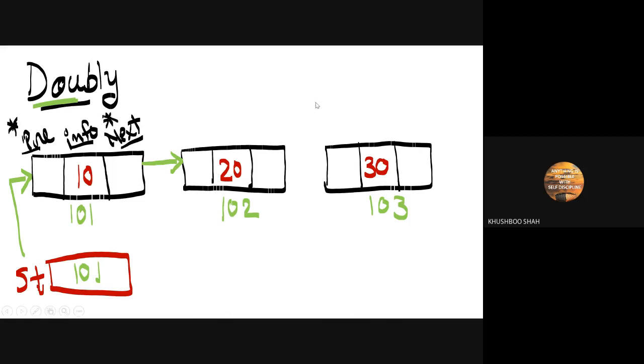Now if I say that I want to create this link, what I need to do, guys? Next should have the address of the next node. This is 102. So when I say 102, at that moment it will create this link. Similar way, if this has 103, it will point to this, right? There is no any node, so here I'll have the null.